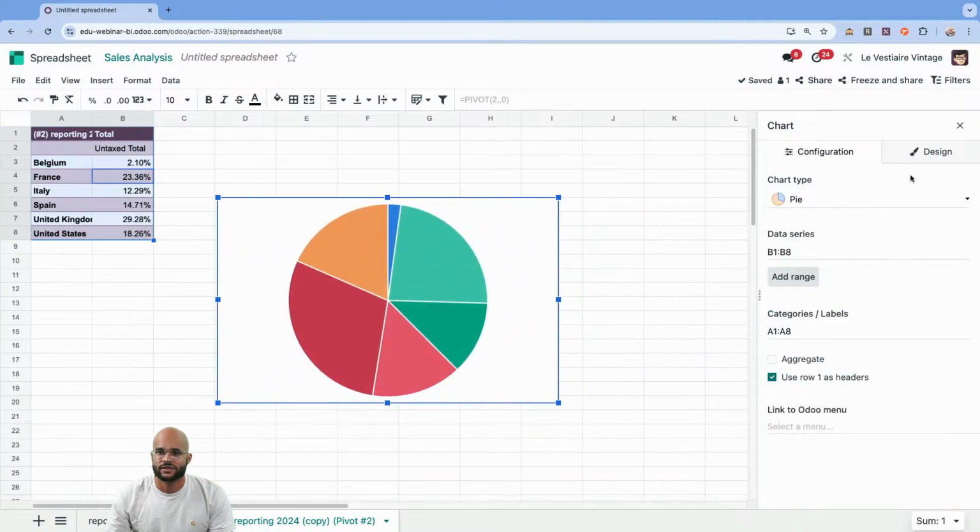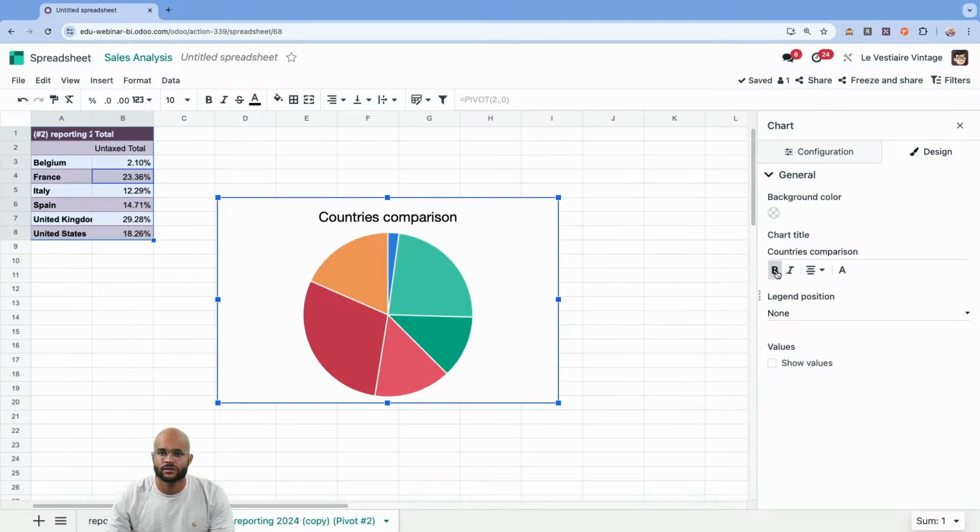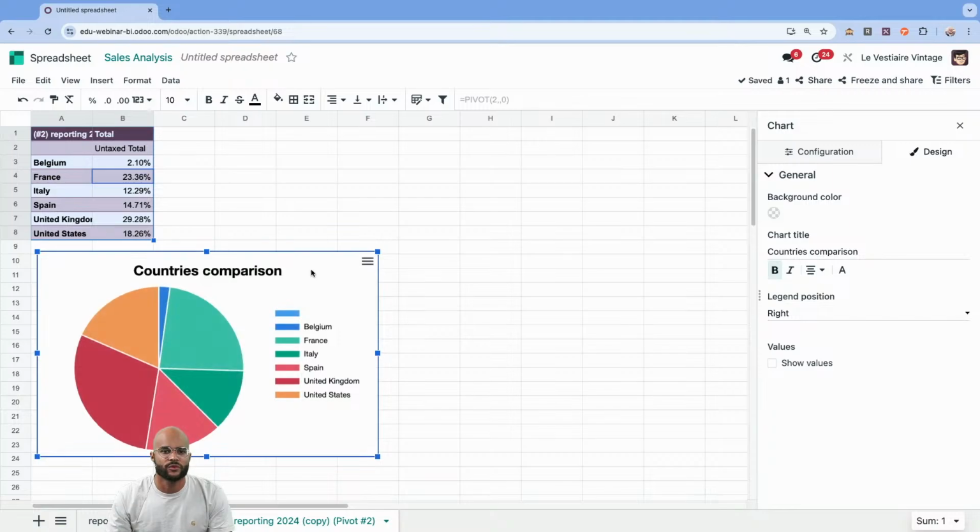I'm going to work on it a little bit. I'm going to add a title, countries comparison, just like that. Make it in the middle, in bold, and the legend on the right. So this is an overall view of